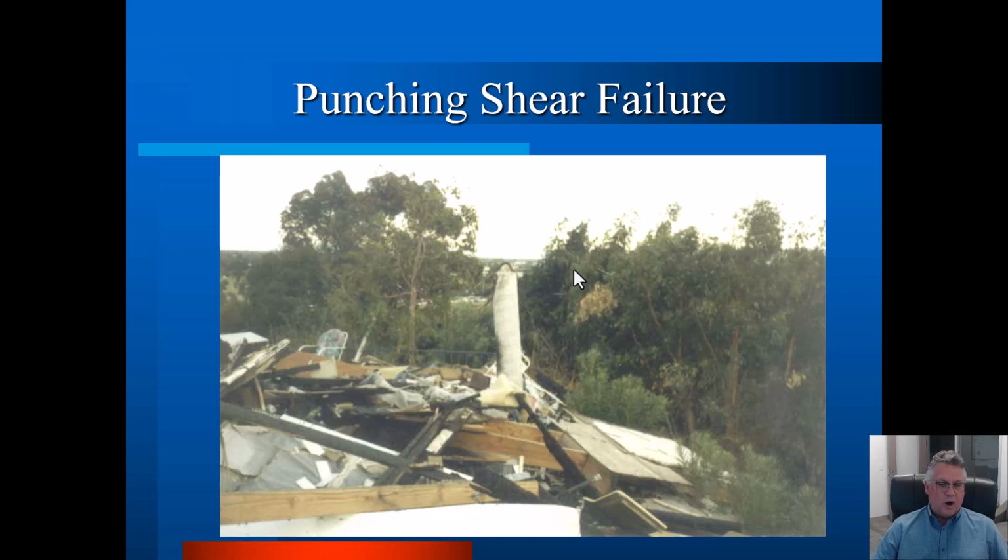slab was improperly, or actually just not connected at all, to the shear wall. It was a terrible detail. It never got finished, and during the earthquake, the slab just slid off the shear wall. So tremendous lateral movement. There was nothing this corner column could do or some of the other columns could do. They're not designed to go through that type of movement, have that type of bending moment in the slab, and so it punched through.